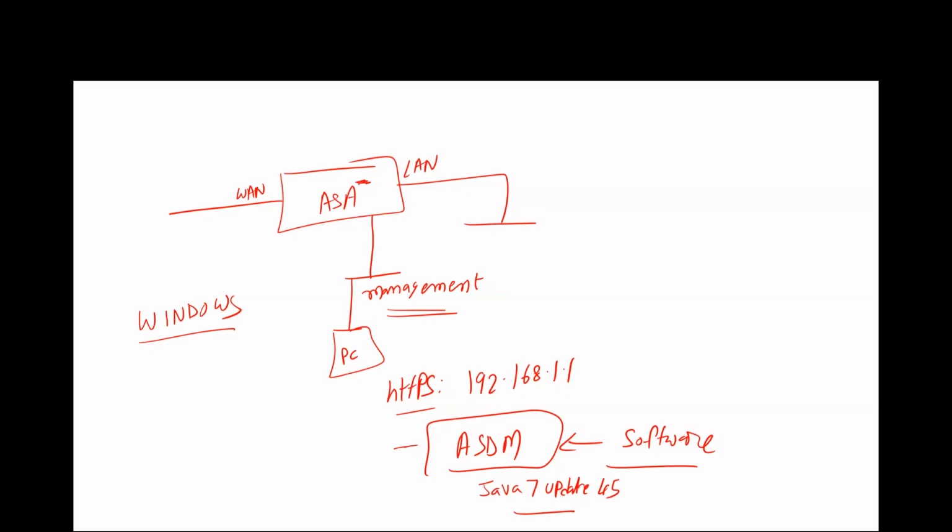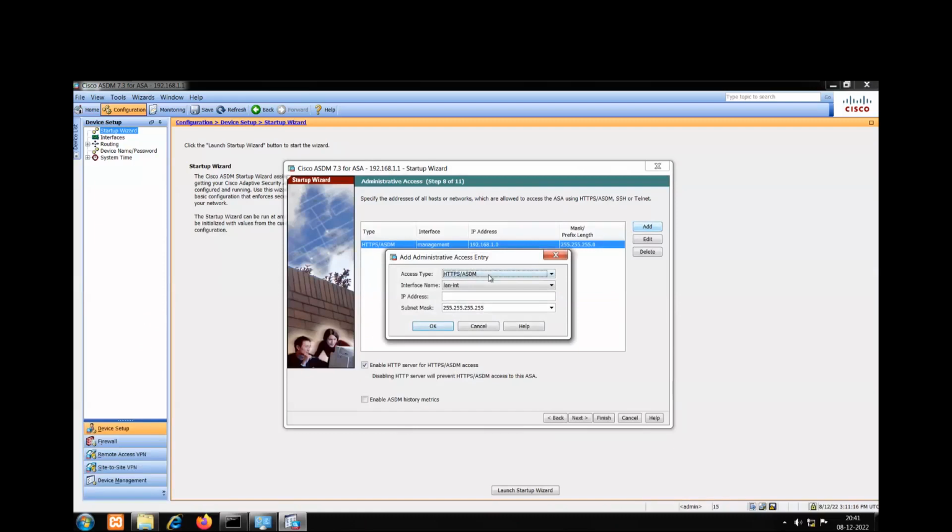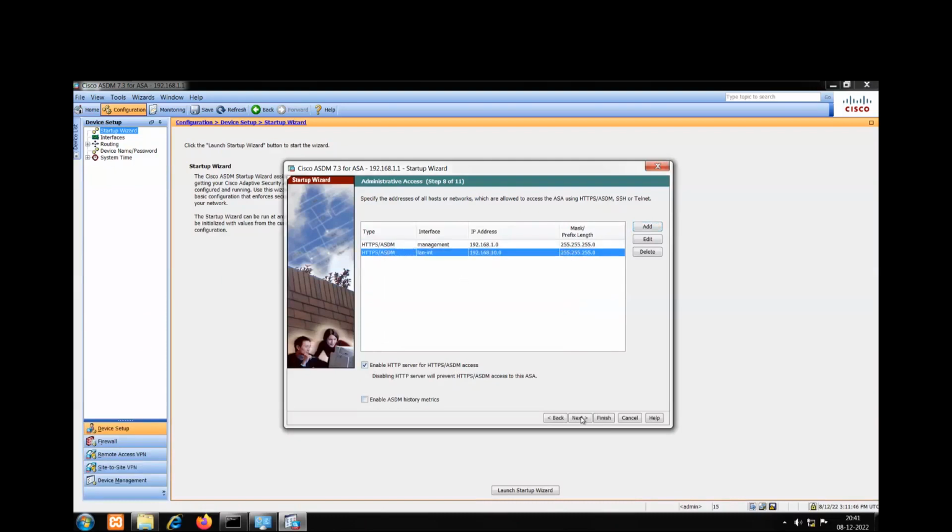So we don't want to do the firewall configuration from the management interface. We want to do it from the LAN. So that's what we will be defining here. So I say I want ASDM access or HTTPS access from the LAN interface. But from which IP address? From the 192.168.10.0 network computers. I'm saying any computer which belongs to the 192.168.10.0 network from the LAN interface should be able to connect via ASDM. So define that, say next